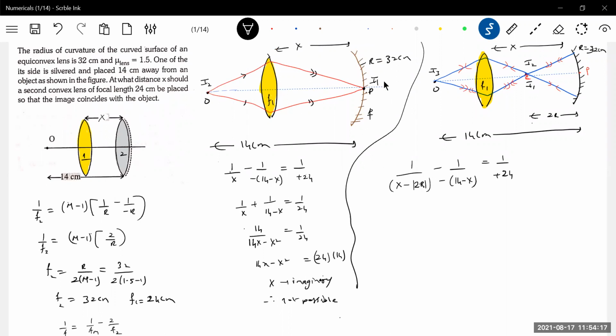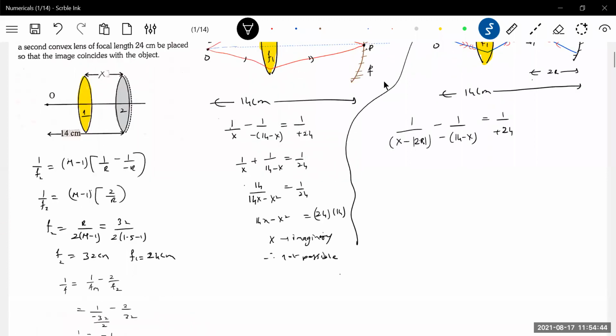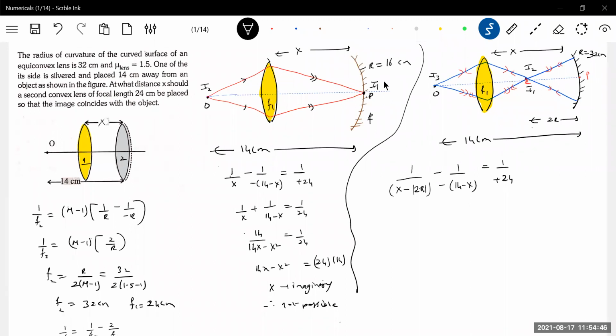Effective focal length of the mirror we got as 8 centimeter. Then radius of curvature should be twice. Somebody said 32, I wrote 32. Yeah, I made the correction. Yeah, 16. Okay, then r will be 16 centimeter. There's only distance, no? Mod of 2r you write it. Okay, anybody solve for x?